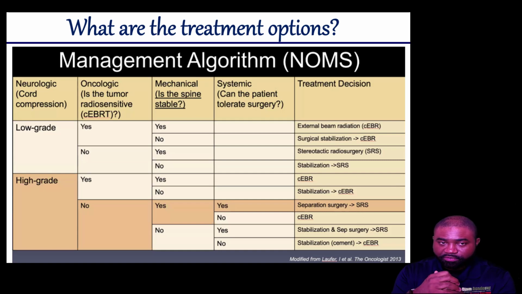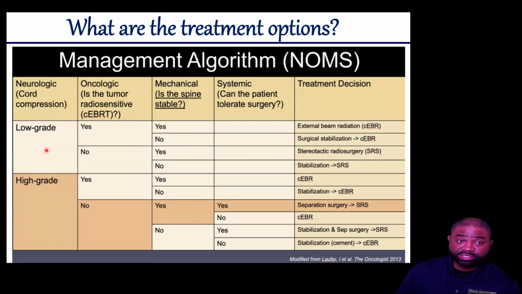A couple of factors are used by the oncologist and the physics team in every center to decide which patient receives spine stereotactic radiosurgery and which patient doesn't. If you look at this table, we could classify spine cases into low grade, that is grade 0 to grade 1, or high grade, that is grade 2 and 3. Now, if it is low grade and the histology is radiosensitive,